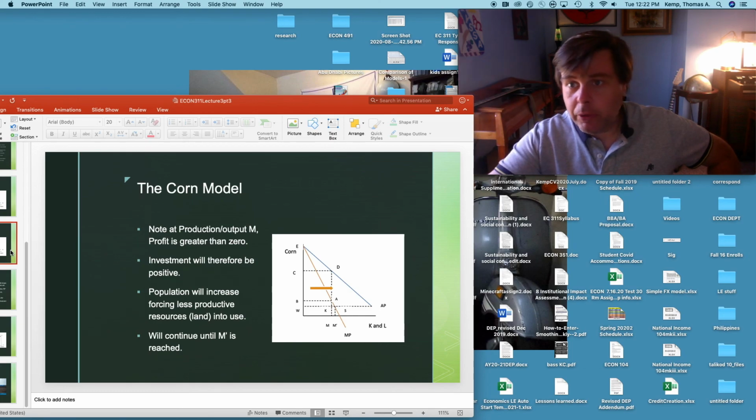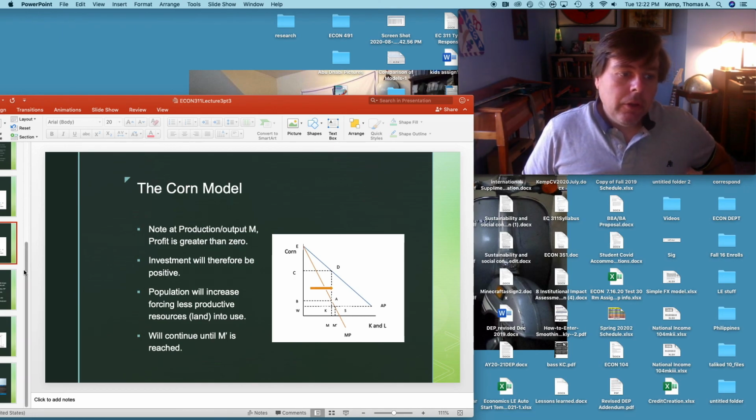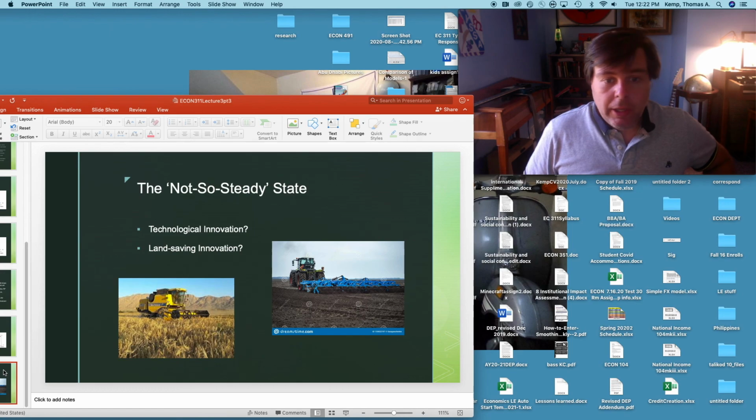So we have a given amount of resources, and what we do over time is we exhaust those resources, and the exhaustion of those resources drives profits down to zero, and that drives incentives down to zero to continually reinvest. And when you get there, you're sort of stuck. Which brings me to the end. Well,